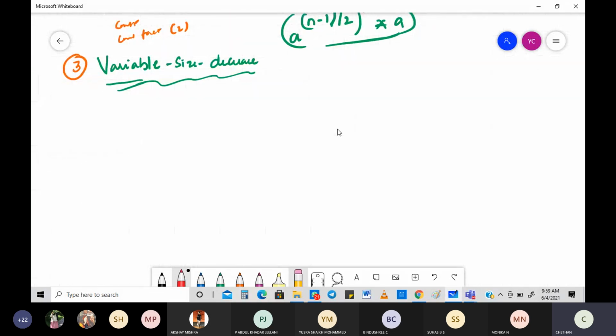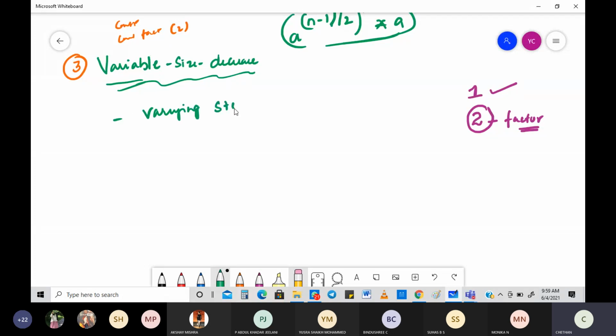Before we look into it, what are the first and second techniques you learned? The first technique was that you decrease it every time by 1. The second technique is that every time you decrease it by 2. Generally we call it a constant factor, which is 2 here. The first one is constant, which is 1. So this third one is varying. How you do it is varying. It will be varying every step.